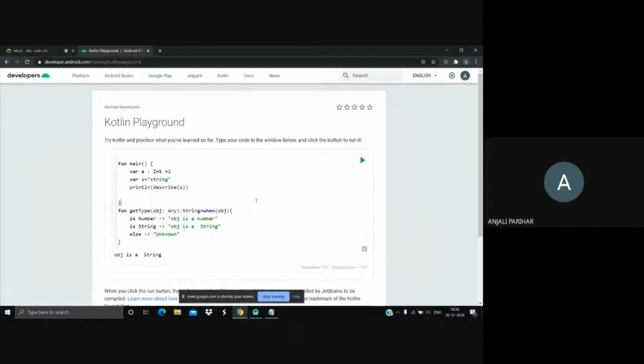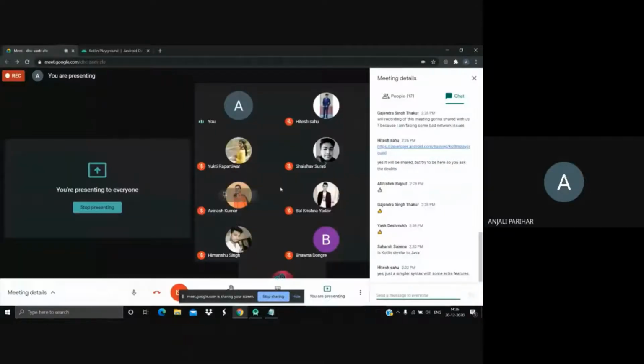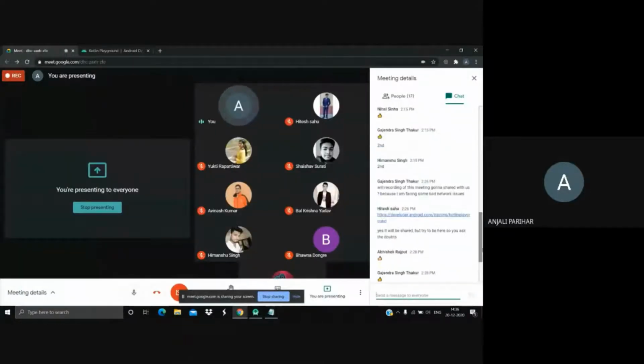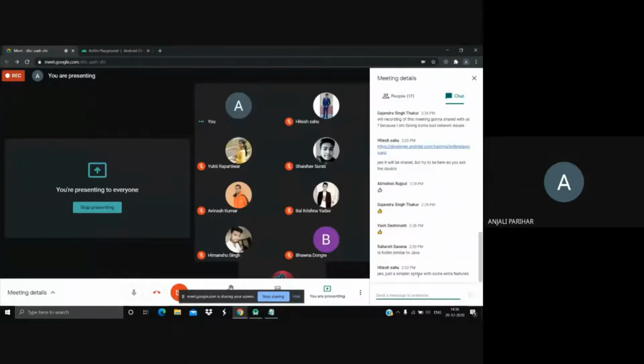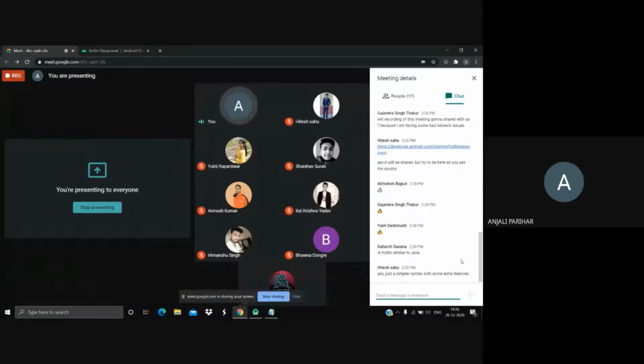Okay. So this is how the when block works. Is the when block clear? You can write in the chat box if you're clear with it, or if you have any doubt.